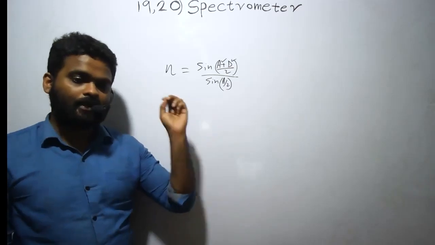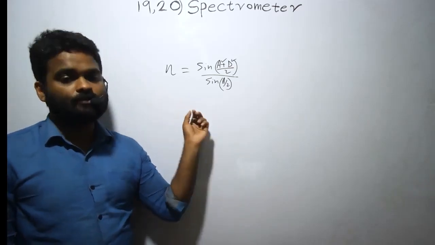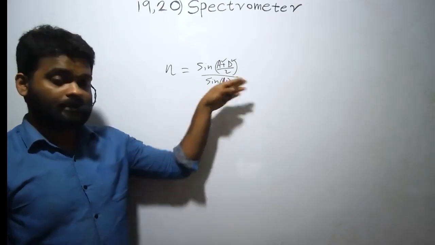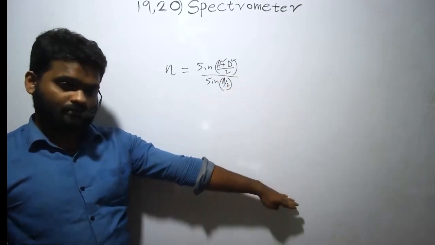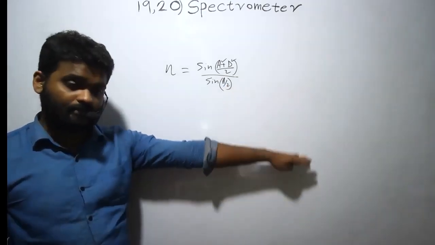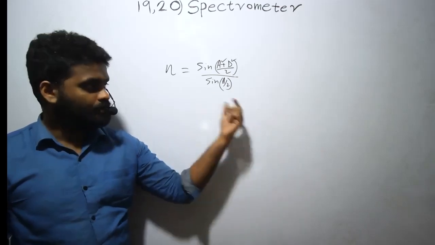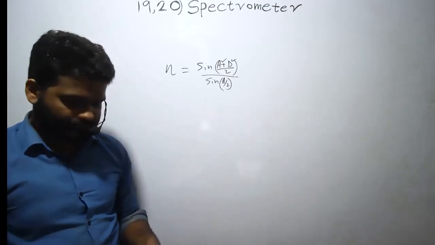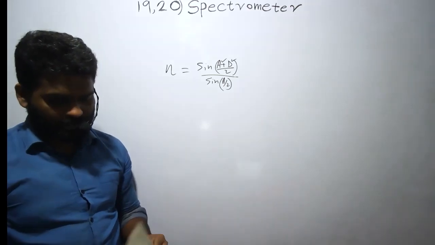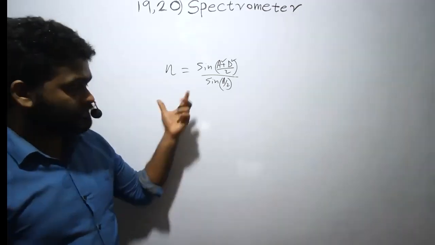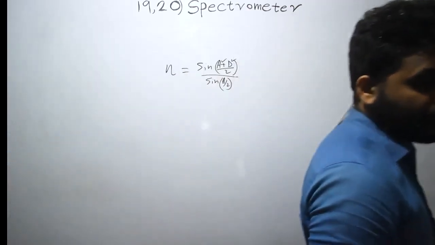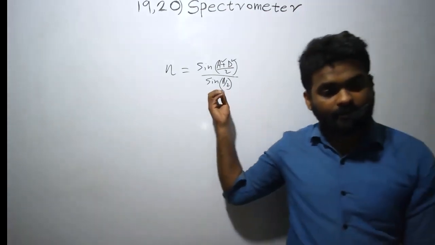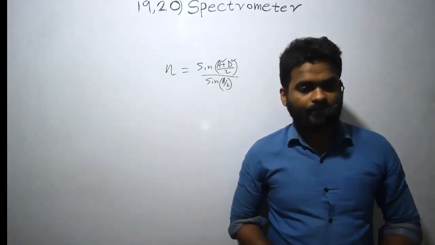Here, you must use monochromatic light, right? Monochromatic light you must use because there's dispersion due to the refraction, right? So for this experiment, you have to use monochromatic light. Okay, monochromatic light. Take that equation down and using that equation, you can easily find the refractive index. Okay, so